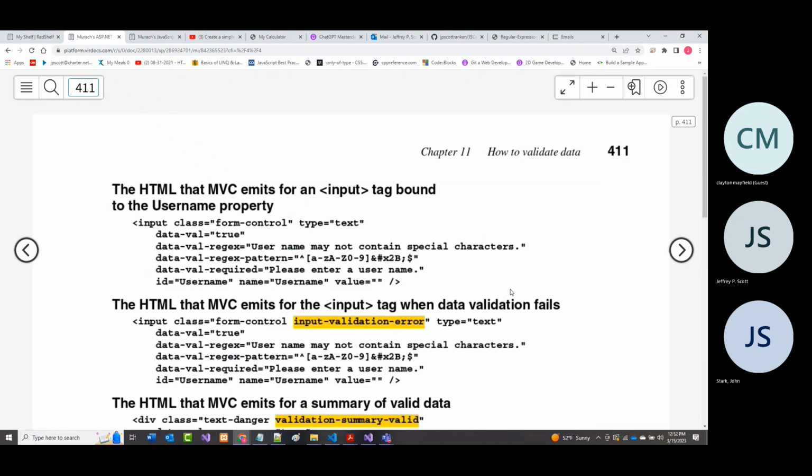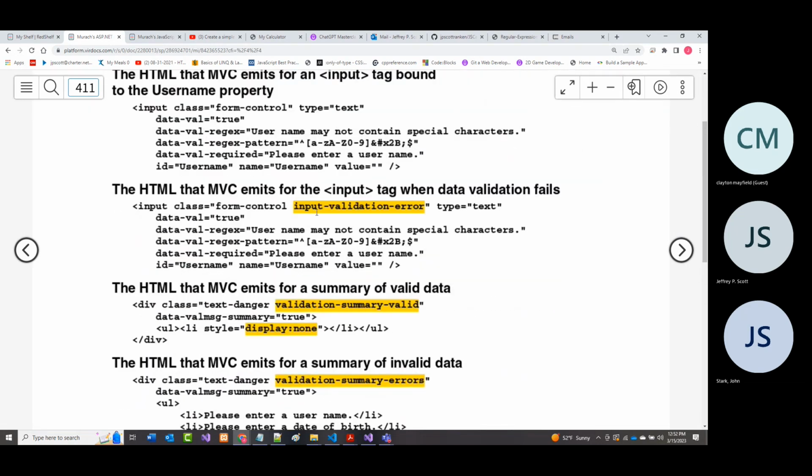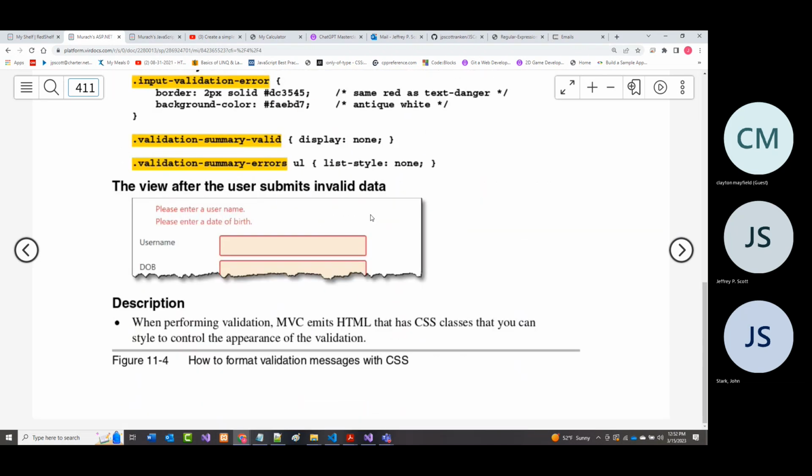Now, what have they done here? Well, notice they've got input validation error. And when you look in here, how does that look different? Well, now what they've done is any field that is wrong for any reason, they are drawing a reddish border around it, and they are changing the color of it to camel.